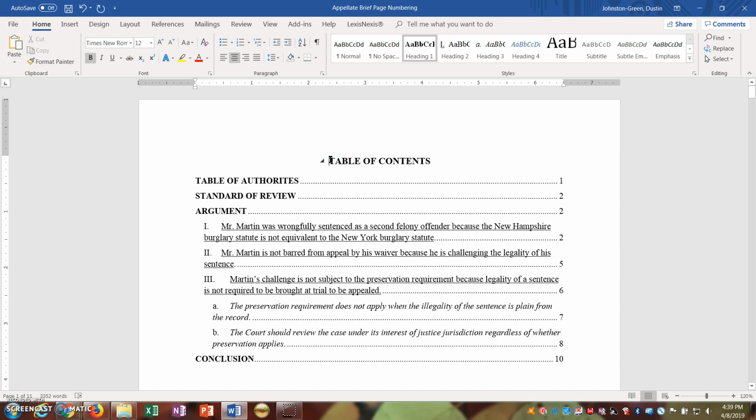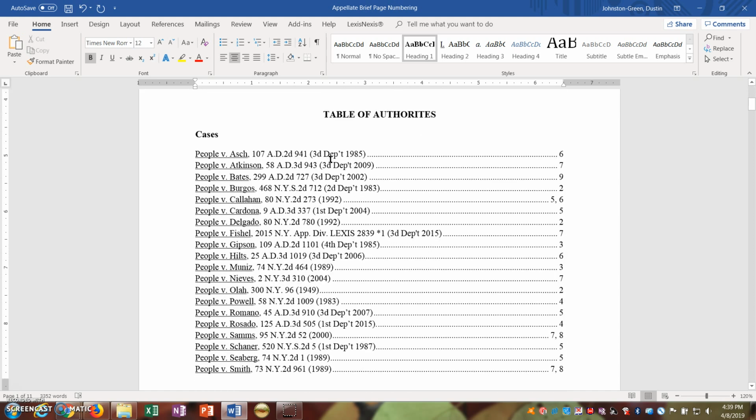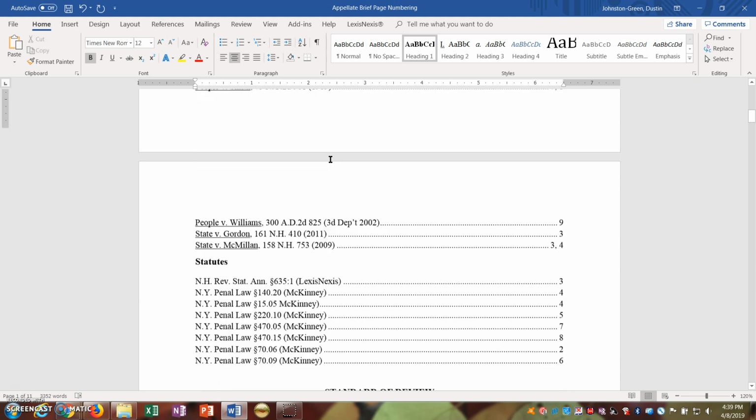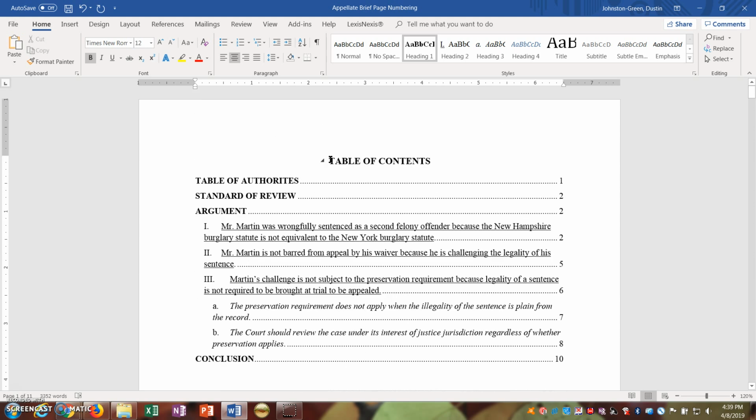All right, so now we have our table of contents all generated. We've got our table of authorities generated. Everything's looking good. We're ready to get the final form of our brief by shifting around pages and getting our actual pages numbered correctly. So your professors may have alluded that you need to have separate numbering conventions for your